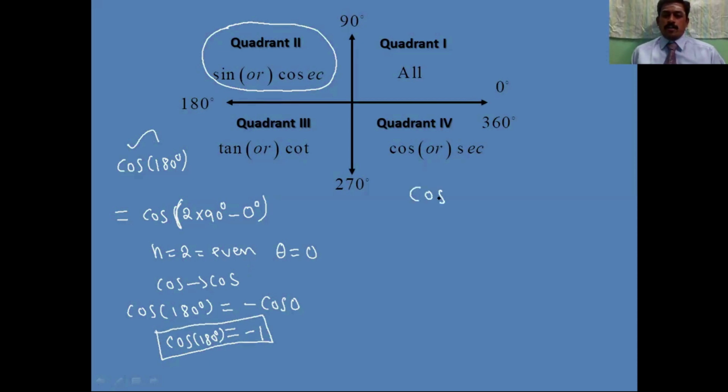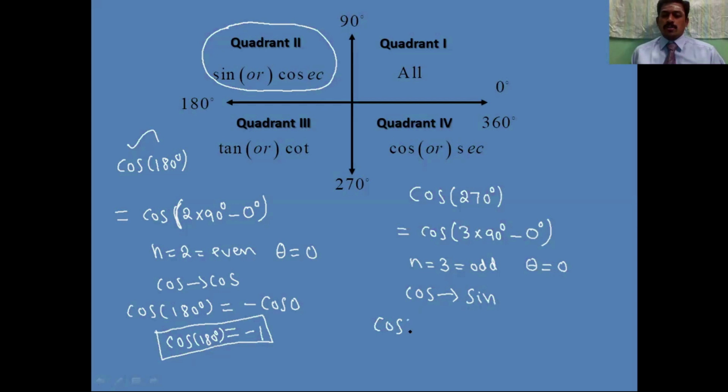Again I am going to find cos of 270 degree now. Same way I am going to write cos of 3 into 90 degree minus 0, you can write minus 0 or plus 0. I am going to write now minus 0. Here n value is 3. 3 means it is an odd number, and your theta value is 0. So odd means we have to change the trigonometric from cos into sine. So your cos 270 degree can be written as